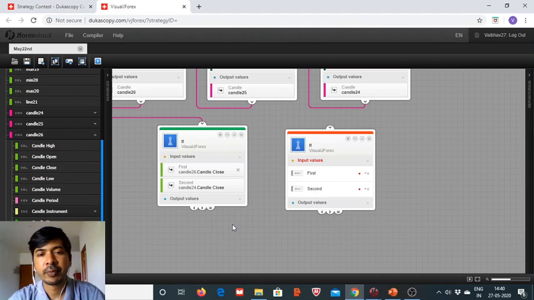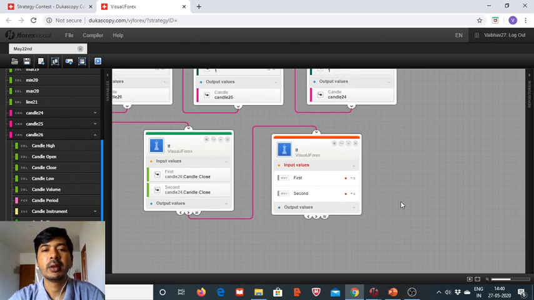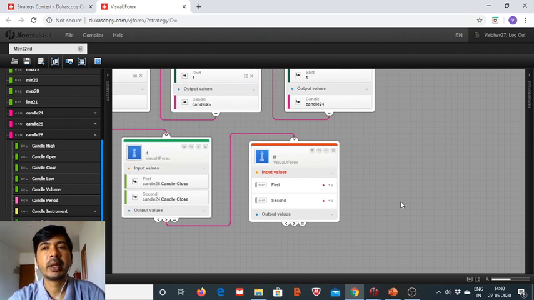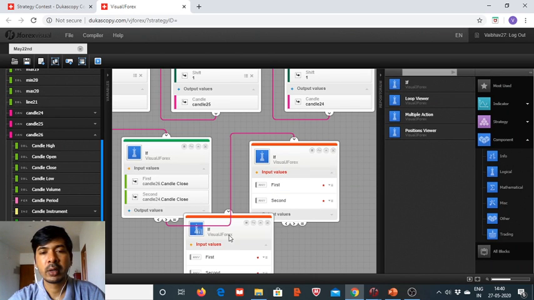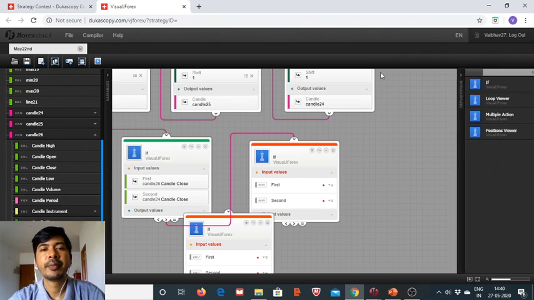So here candle close is not less, actually it is greater, and then we bring in candle 25, which should be lower than